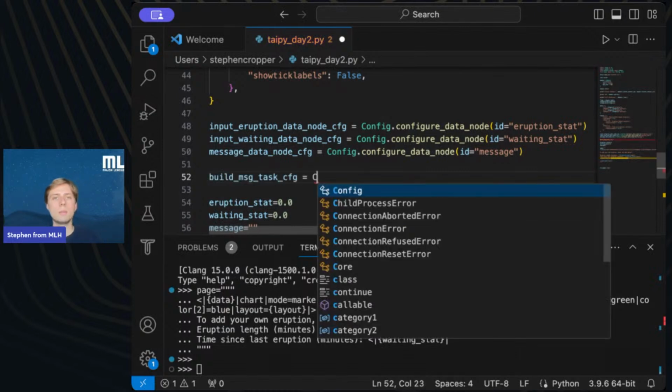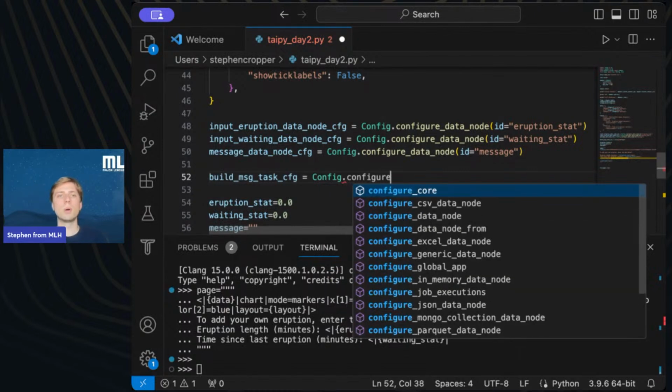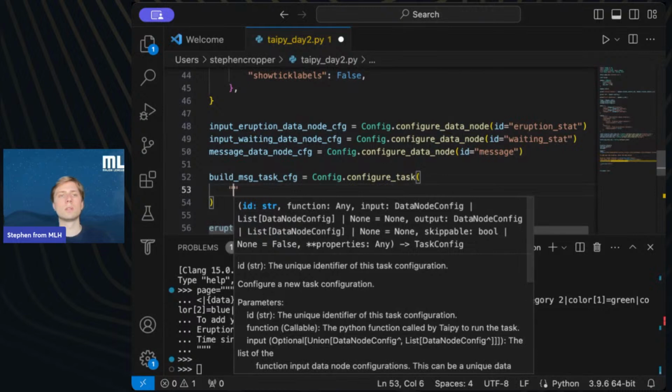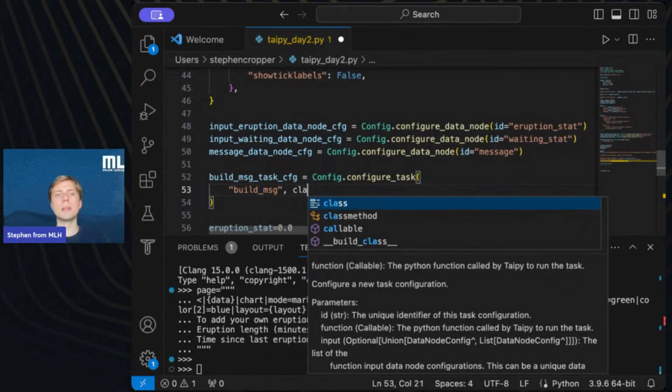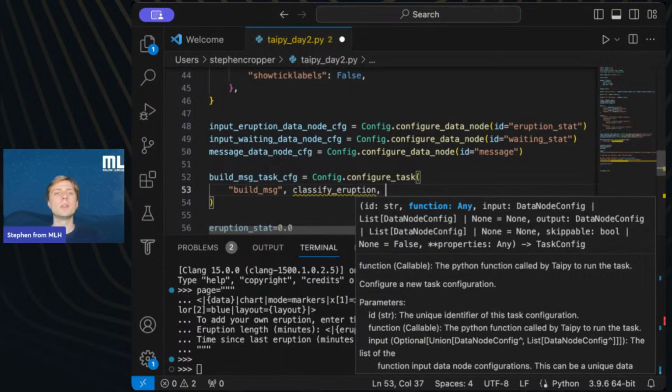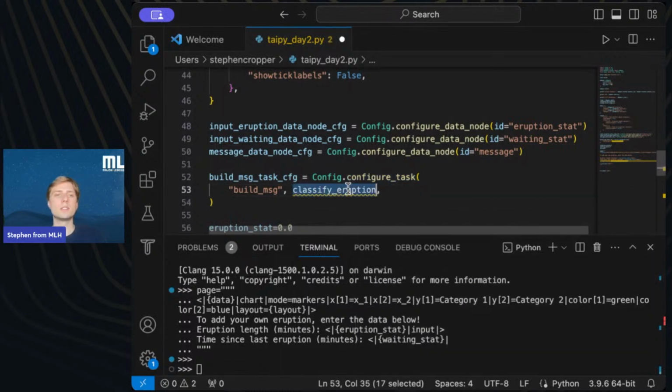This is the same configuration step that we did in part 1. I'm using the same exact ID, the build message ID, but now I'm going to say a different function, because before I just made this function hello world. Now I'm going to use the classify eruption function, which is a new function that I haven't built yet, but I'm going to build, and it will use the k-means clustering algorithm to classify these eruptions.